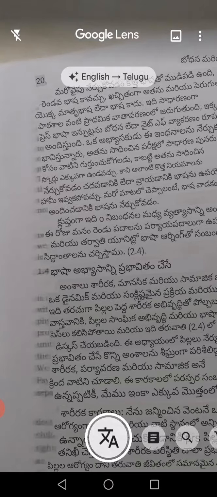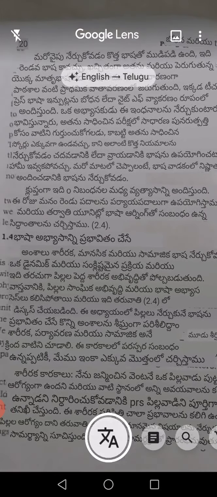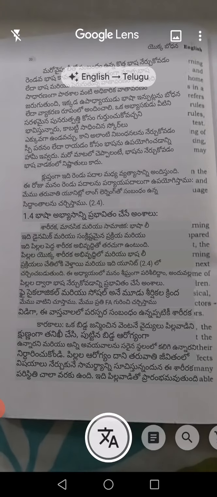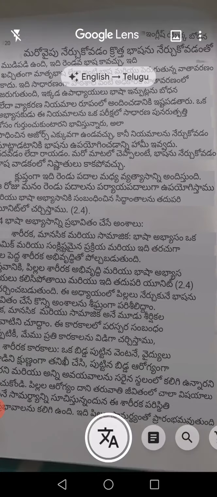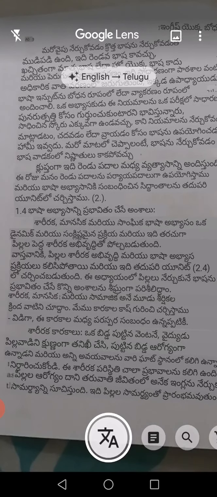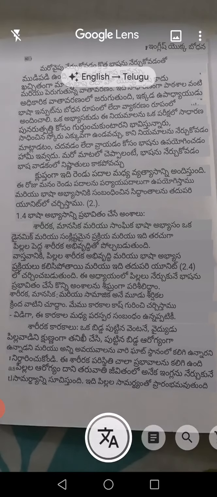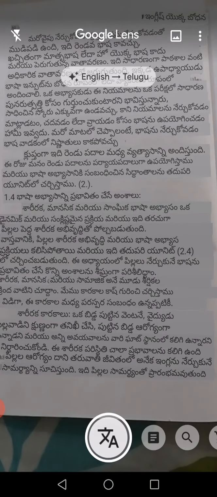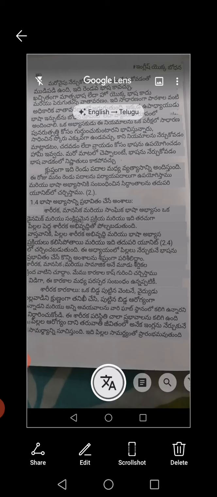Focus it properly. Let's take one screenshot. Okay, the screenshot is generated, and we can share this screenshot.